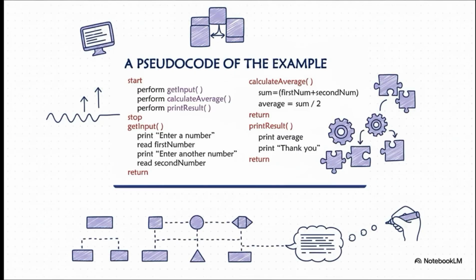Okay, so we've seen the visual blueprint, the flowchart. This is how a programmer actually writes that logic down. It's something called pseudocode, and you can see it's the exact same structure. That start and stop section on the left is our boss program, just making those 3 calls. And on the right, you can see the simple step-by-step instructions inside each of those individual modules. It's the same logic, just written out.